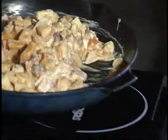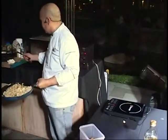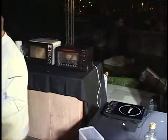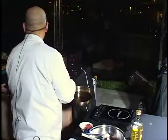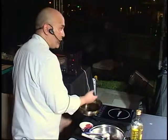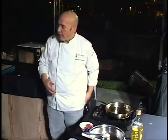Okay, just put this in a. I will use wine for reduction. Port wine is the best. Brandy is also good. But the red wine we have here,